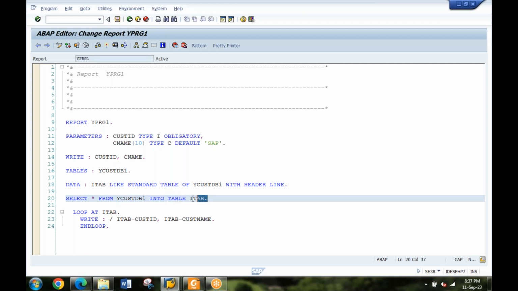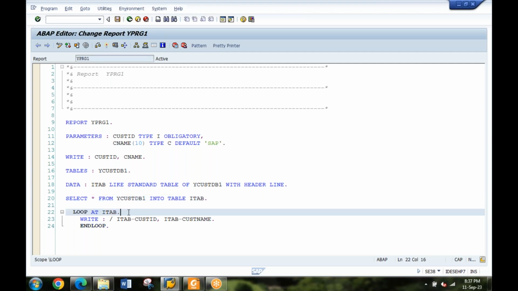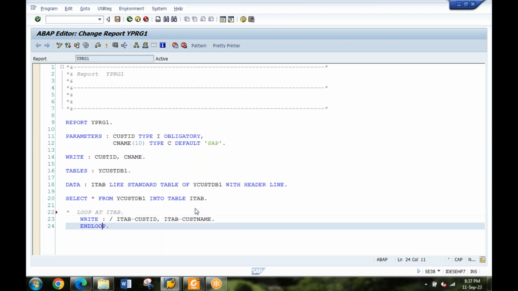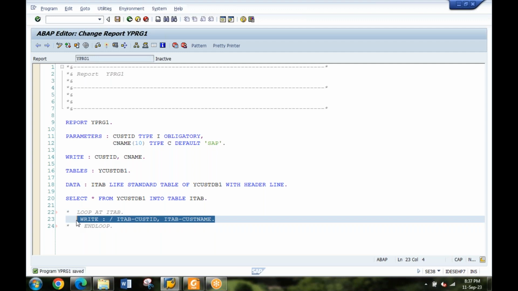Loop is used if you're fetching multiple records from the table. What you need to do is create a loop. That means one by one it will print each and every record. If I don't write loop, it will only print the last record.